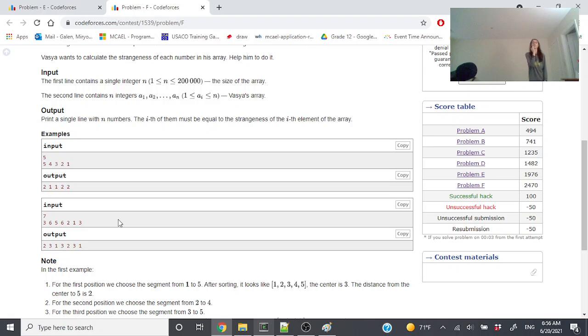Are you serious? That's annoying. Maybe we don't. Maybe there's some floor value here. In the first case,